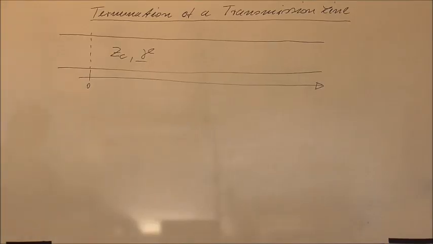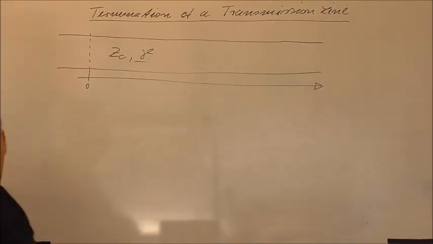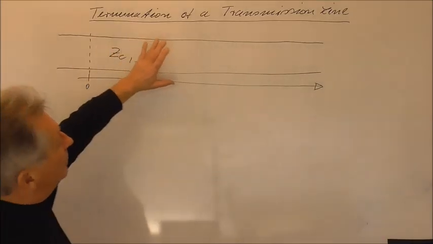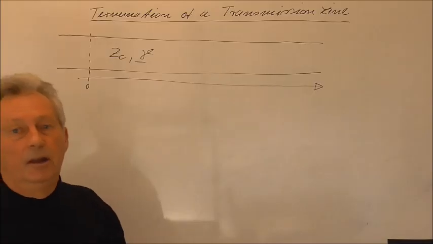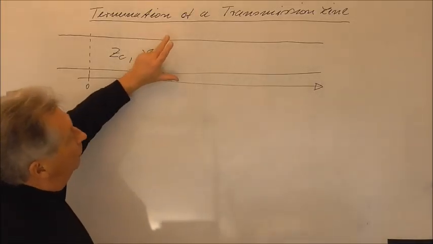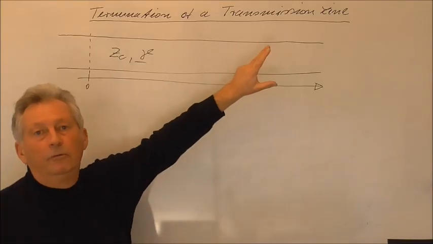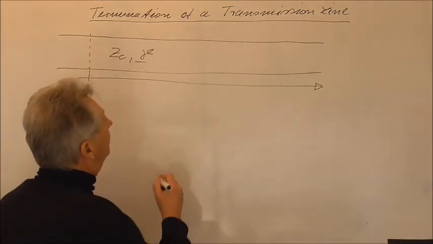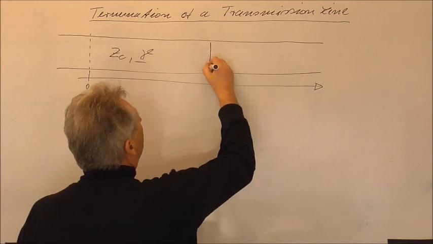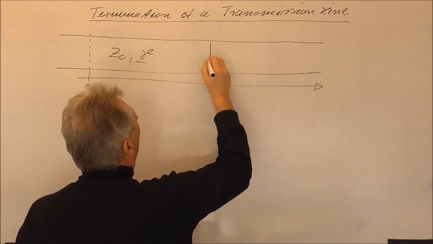So I want to discuss now what will happen if we terminate a transmission line. Up to now we always considered that the transmission line has an infinite extension, and we saw that we have a possible wave traveling, for example, in the positive z direction. So if I assume that we have a wave traveling in the positive z direction, we will have here always